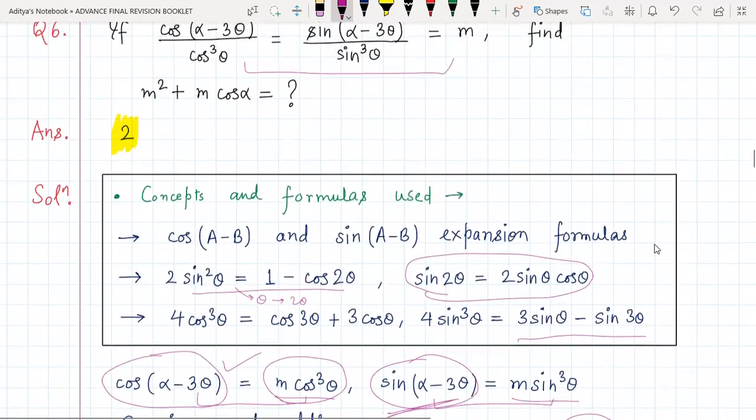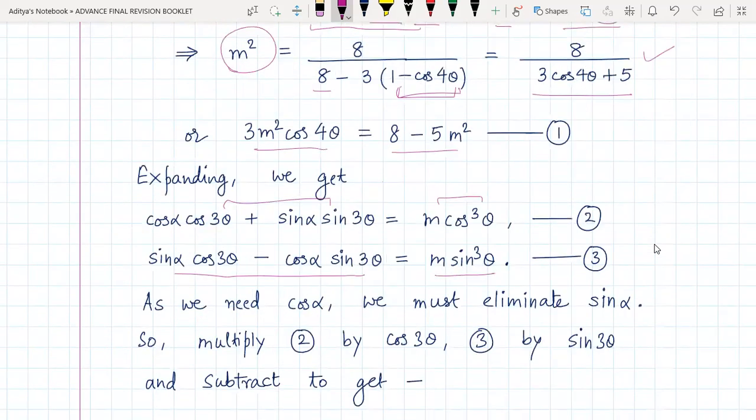The trickiest part is that since in the question we require cos alpha, so from these two equations we are going to eliminate sine alpha. Basically you should think of it like two equations in two variables, sine alpha and cos alpha, right? Sine alpha and cos alpha are the two variables in which these pair of linear equations are given to us. Like that, if you think, the question becomes very easy. So we just have to eliminate sine alpha and find the value of cos alpha. That is exactly what we are doing.